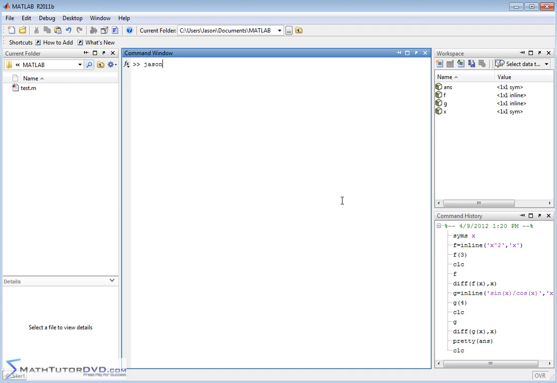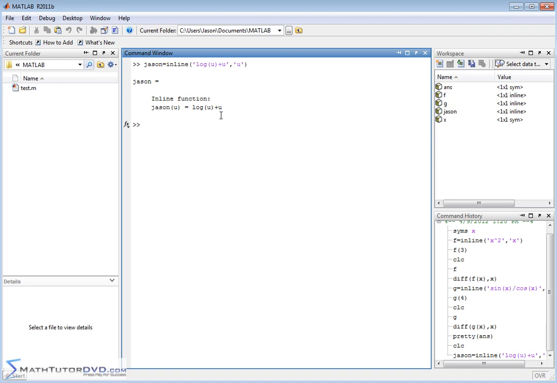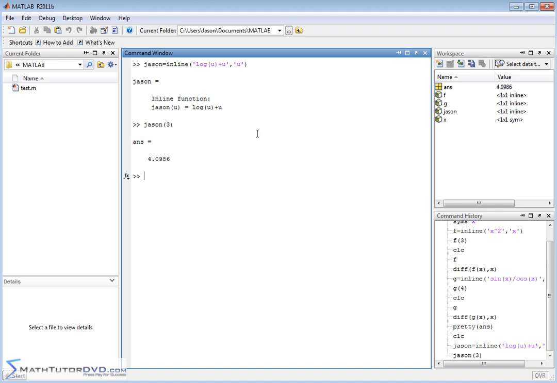Let's create a function. We'll call it JSON, and we'll do inline of what we want to do with this function. Let's make it a function of u, and this function will just be log of u plus u, and we'll do u like this. Okay, so we did not define u to be a symbol, but that's okay because when we define our function, the function is defined fine and behaves fine. If I put a number in there, it works just fine. So defining the function, you don't have to make u a symbol in order to do that. You just define the function,